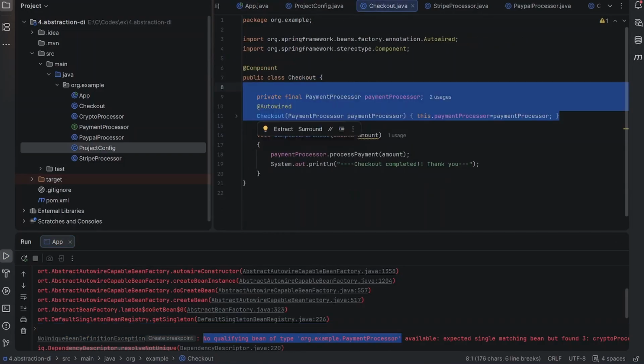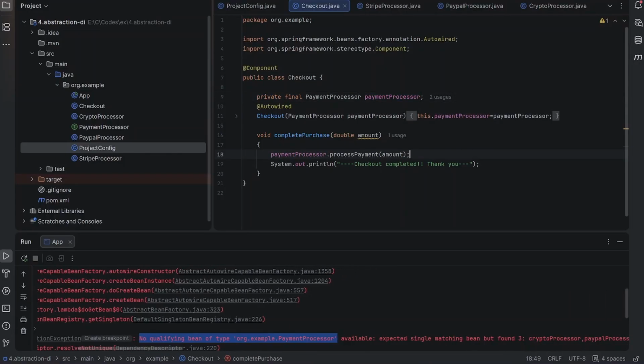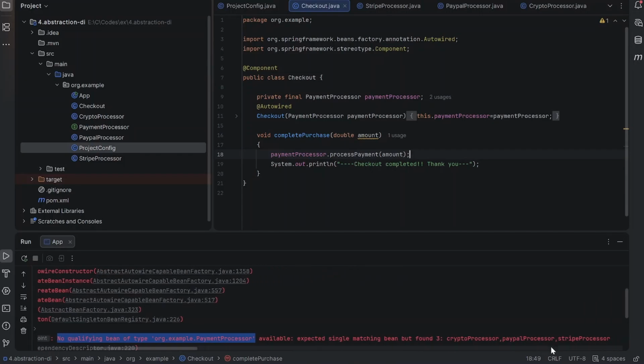Why? Because the bean has created all four beans: Checkout, StripeProcessor, PayPalProcessor, and CryptoProcessor, and added them to the Spring context. Now it comes to PaymentProcessor and sees that it needs to add the PaymentProcessor bean into this field, but expected single, found 3: CryptoProcessor, PayPalProcessor, and StripeProcessor. Basically what is happening is that